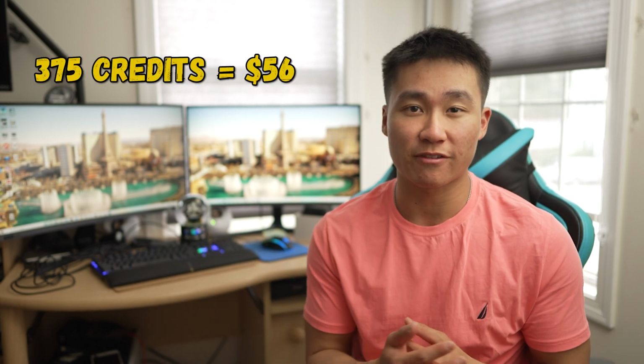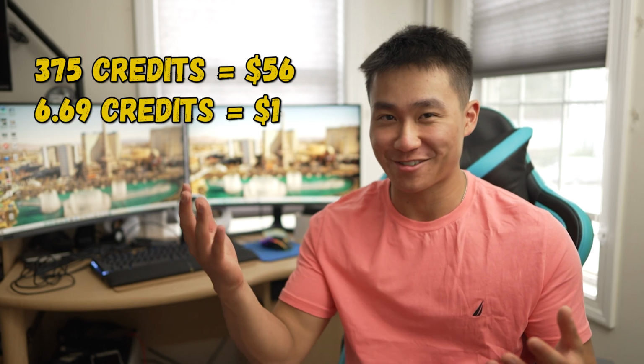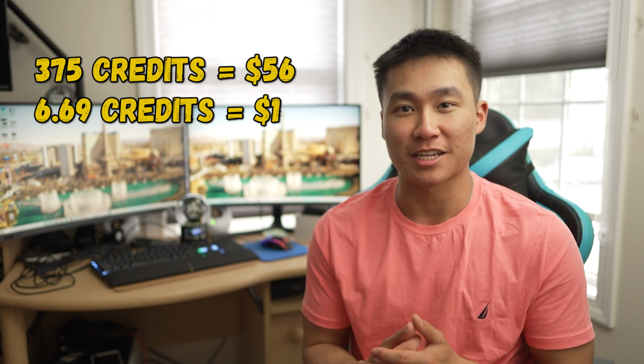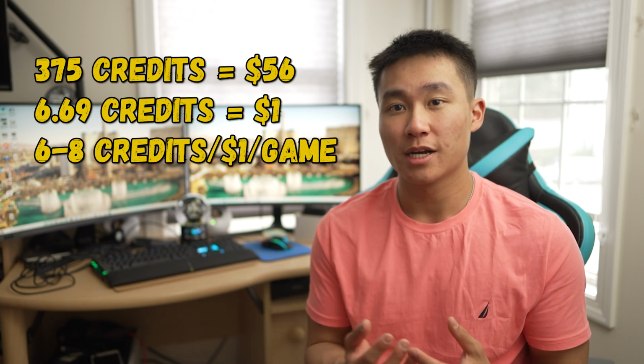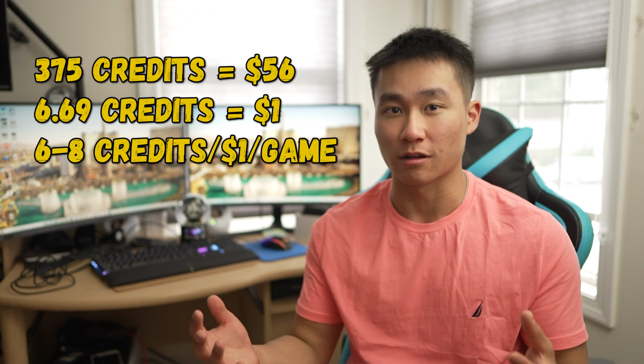To cover the first half of the cycle, at Dave & Buster's, you're able to get 375 credits for $56, which is a rate of 6.69 credits for every dollar spent. When you look around at the games offered, Dave & Buster's games average around 6 to 8 credits to play, so essentially every single play costs about $1 normally. And this number is pretty important when you figure out how many tickets equals $1 at the end of the